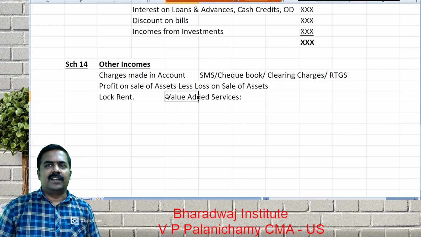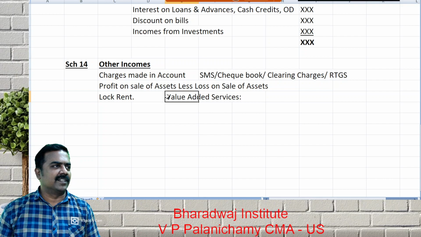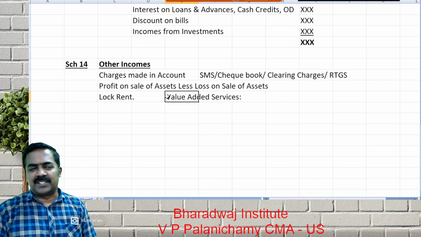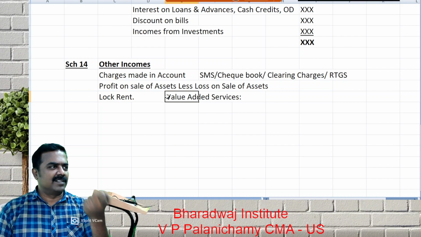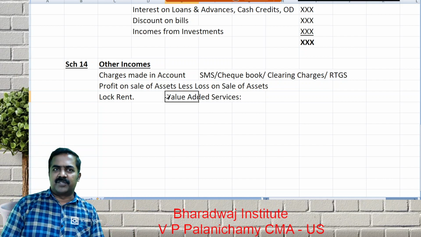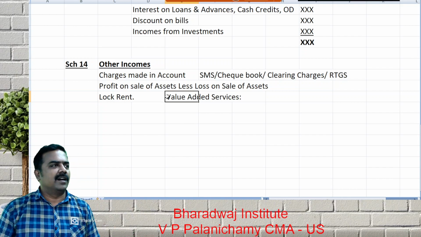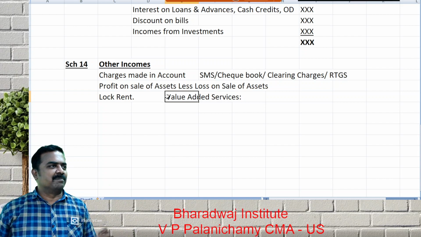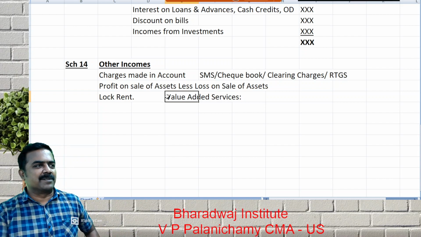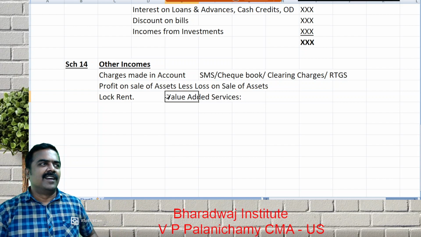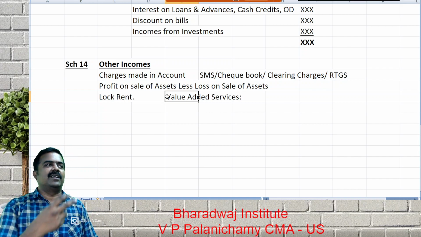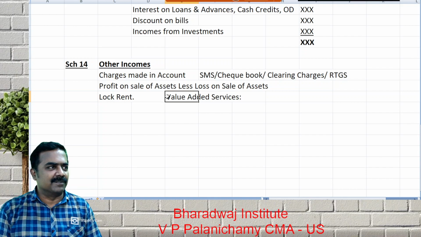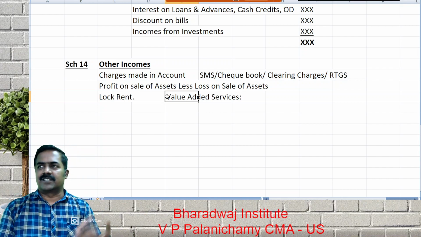Very simple. Maybe when you see a tournament or a match, they give a big cheque-like thing called a winner's check. That is called a gift check presented by the bank. They won't give it for free. They will charge some amount and give the gift check. For example, when giving a best all-rounder award, the bank prints a big check leaf and they present it to the player. For that they will charge some amount. The check value is 2 lakhs. To the customer, they charge 3,000 or 4,000 and give it. So those are value added services.